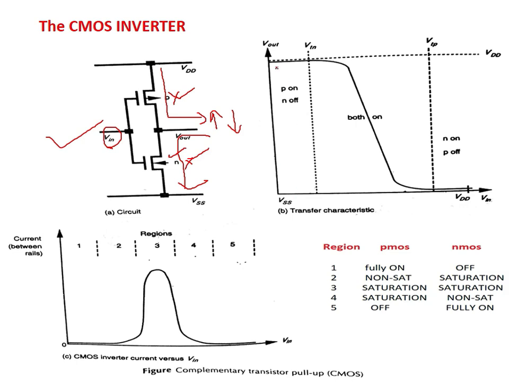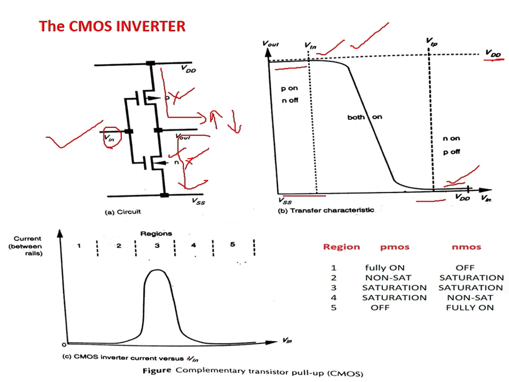And these are the characteristic curves. These are the transfer characteristic curves of the CMOS inverter. For low input you are getting high output, for high input you are getting low output, and here you are getting high output equal to VDD. Strong 1 and strong 0. So we are getting good logic 1 and good logic 0 levels in CMOS technology.